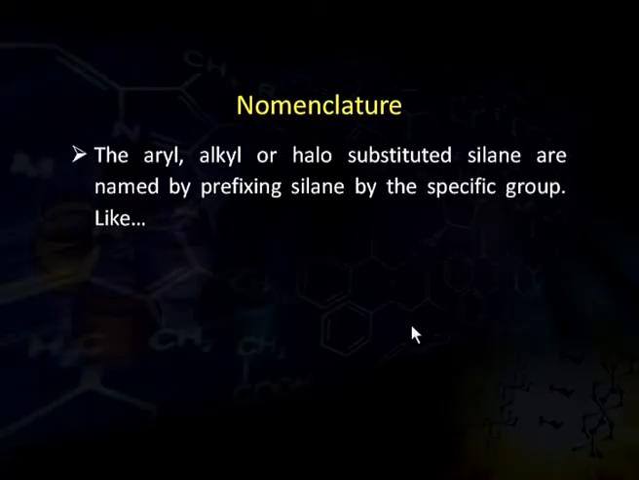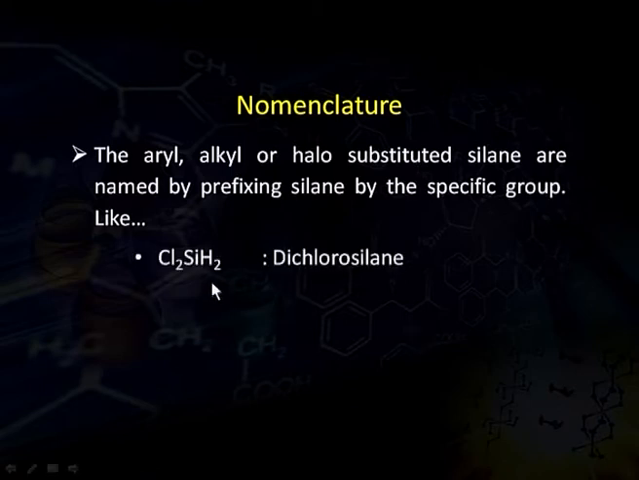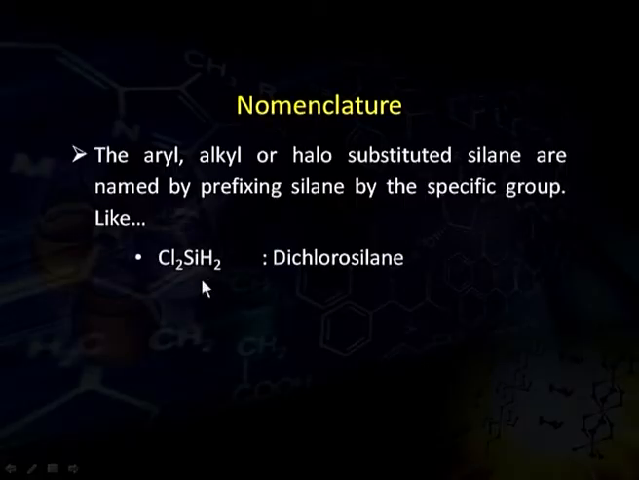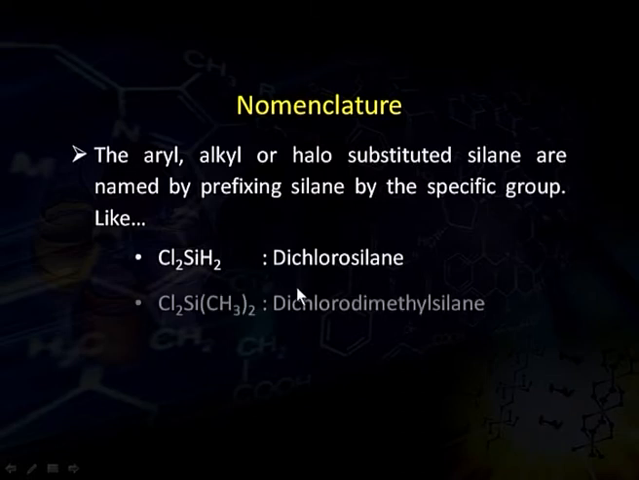If aryl, alkyl or halo substituted silanes are present, then they are named by prefixing the silane by the specific group, like we have Cl2SiH2, here 2 chlorines are present. So, it is named dichlorosilane, the chlorine is used in the prefix. In this case, we have 2 chlorine and 2 methyl. So, the name will be dichlorodimethylsilane. The name could have been dimethyldichloro, but we use the chloro part first because if there are 2 different substituents, then we follow the alphabetical order and alphabetically C comes before M. Therefore, the name would be